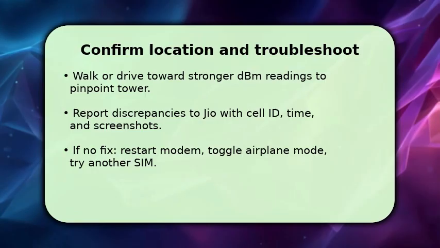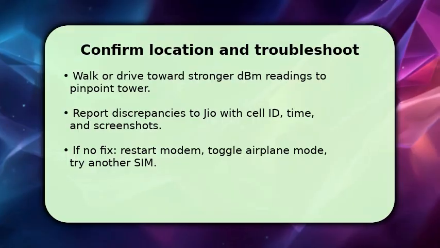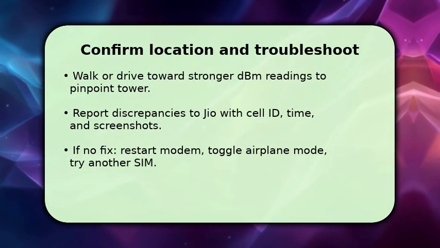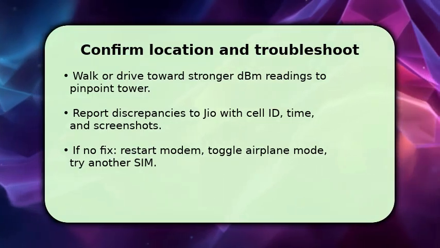You finish by moving toward increasing dBm or improving RSRP until readings peak. That vector usually points directly to the tower. Once located, take screenshots of the cell ID and map coordinates, and if needed, report the exact data to Geo